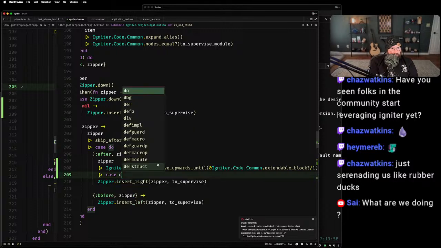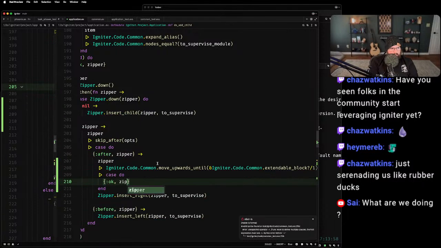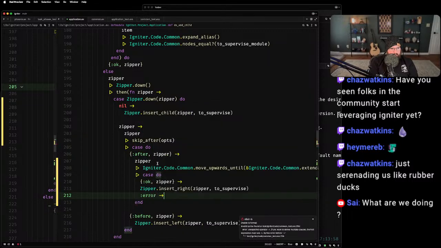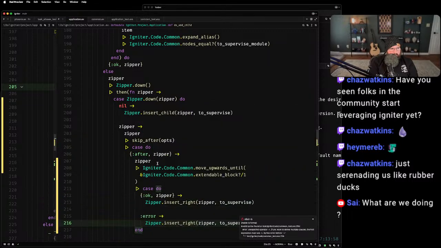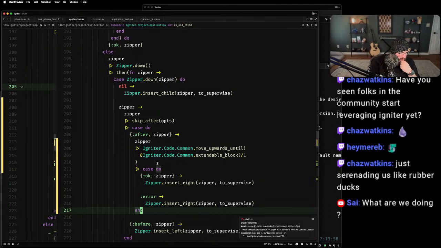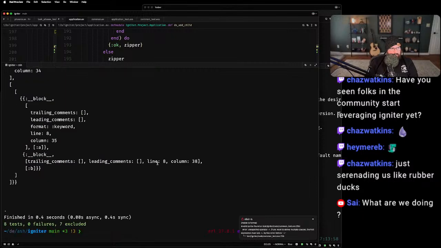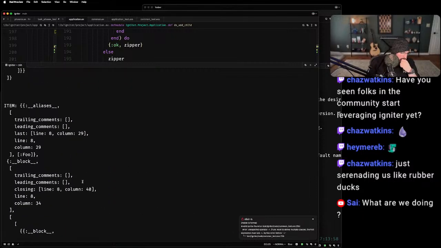And then we're gonna say case, do okay zipper. I don't think this is gonna fix it, but, oh okay, well that worked.